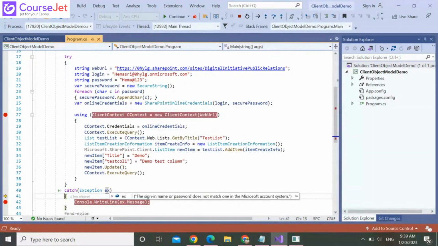The sign-in name or password does not match one in the Microsoft account system. Seems a credentials issue now, but it is working here, right? Yes, these are the credentials. The sign-in name or password does not match one in the Microsoft account system.